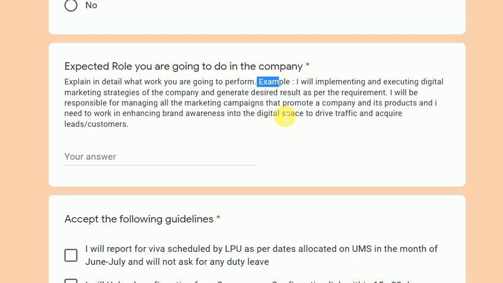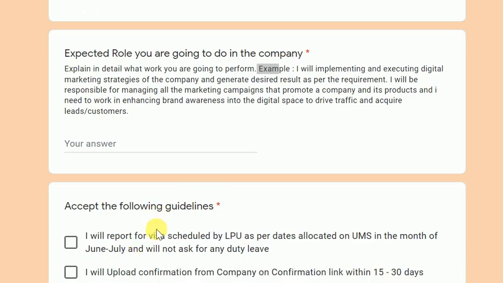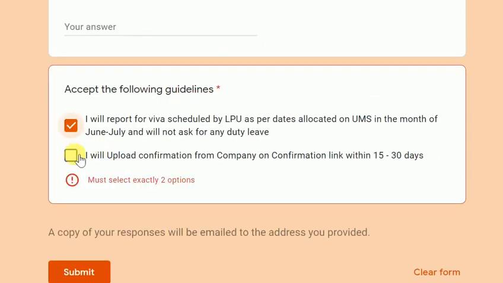How many NOCs can you take? As per the university norms, you can take 3 different NOCs. Why would a student require 3 NOCs? I have told you previously many times. If you find the first company very good and you get the NOC from me, then you find one more company which is also good, and you are not able to decide which company to pursue, you can take the NOC of the second company also. Before the actual start of your internship you can decide and inform me that sir, I took 2 letters, and out of that I am going to do the internship in this company only. In the last, you need to accept these 2 guidelines.